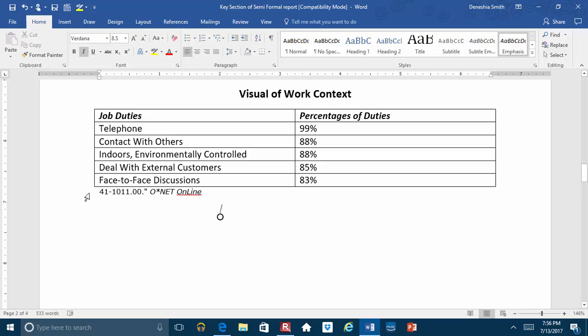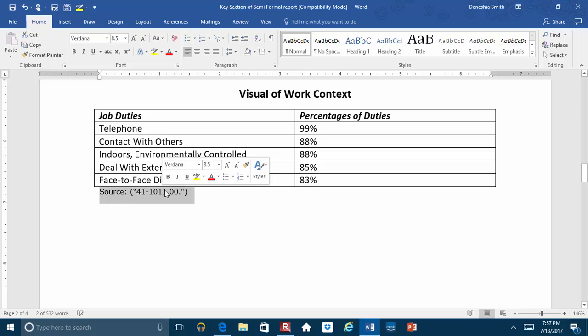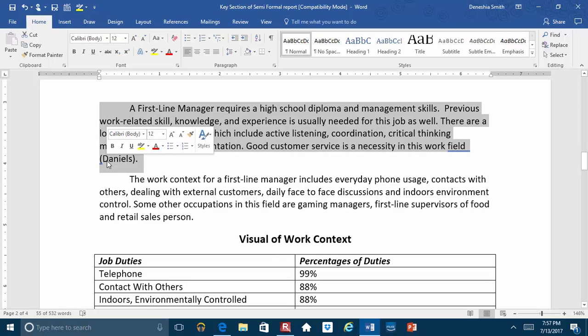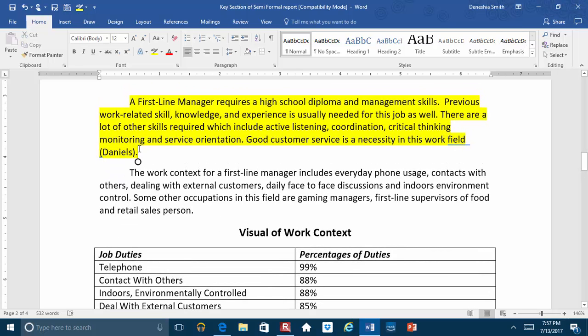Okay? Now here you do have an in-text citation, it seems, but you're missing the word source. Remember, we talked about that with the visuals assignment. And so you want to put source, and then you want to put the in-text citation. So whenever I look for this in-text citation on your references page, the full citation should begin the exact same way. So we'll come back and we will take a look at that just to make sure that that's correct. We'll also highlight Daniels to make sure Daniels is on your references page. Okay, so